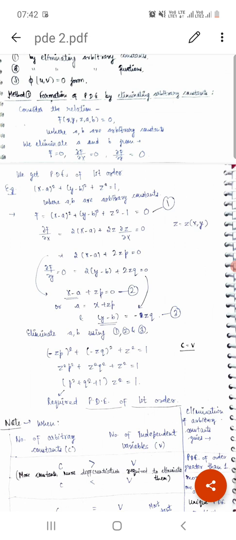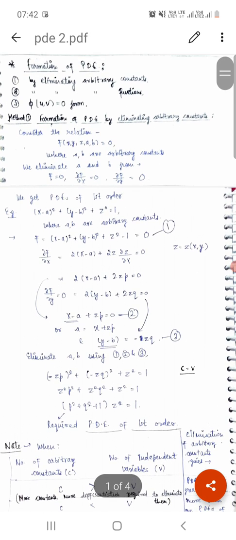In the same way, we'll also be differentiating the relation we have now. But in this relation, there is one dependent variable and more than one independent variable. So we do not differentiate the equation, we partially differentiate it. If you can see, we have a relation f(x, y, z, a, b) = 0. There are two arbitrary constants a and b. We eliminate a and b from this equation.